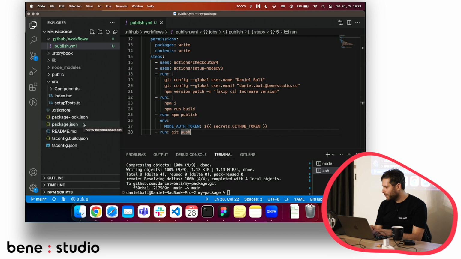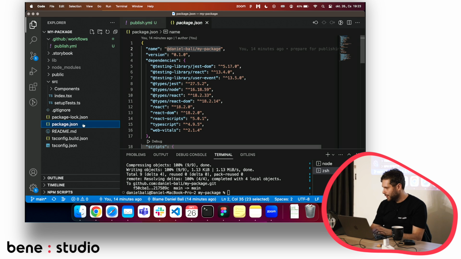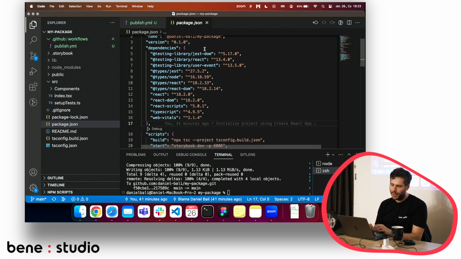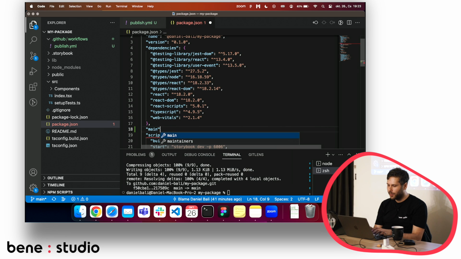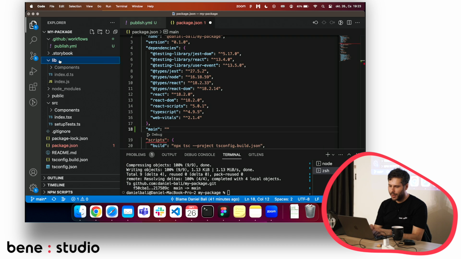And I think one more thing we will have to do, since we have to tell the package where to look for the files. So if you go back to the package.json, after the dependencies, or it can be even before it, please add the main prop. This is the file where it should be found. So this will be the index.js in the lib folder. So please enter